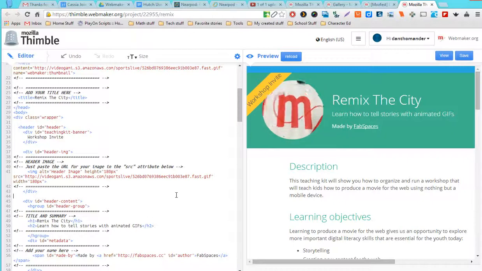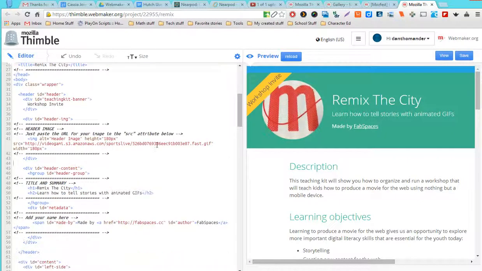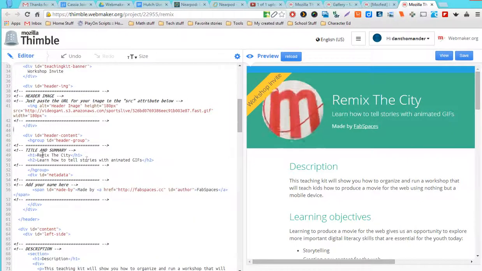Okay, and then I would just work my way down through here. Right now, just as a beginning thing, you'd be looking more for things that you know you're going to want to change. So this is